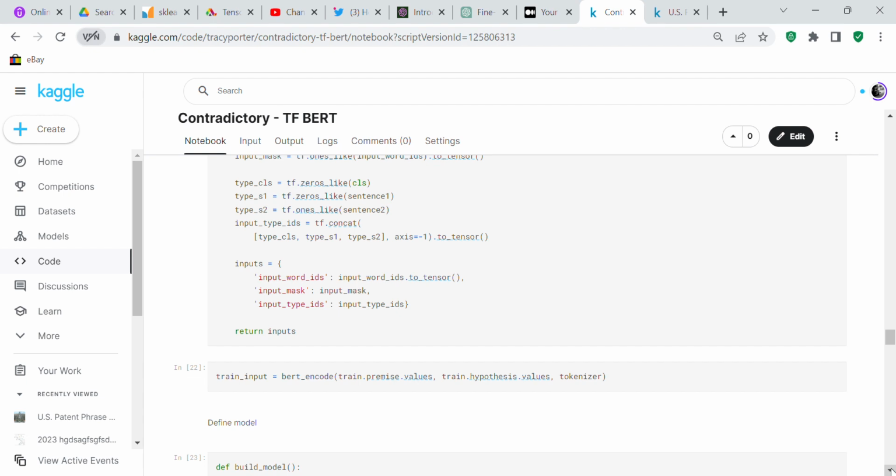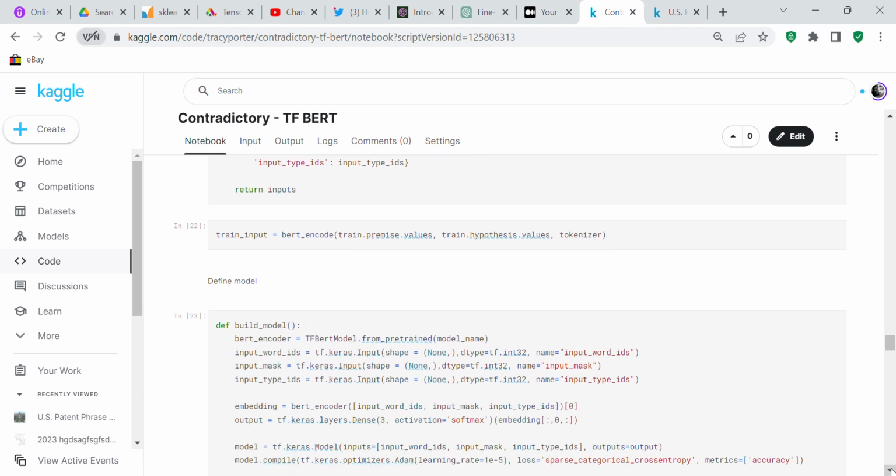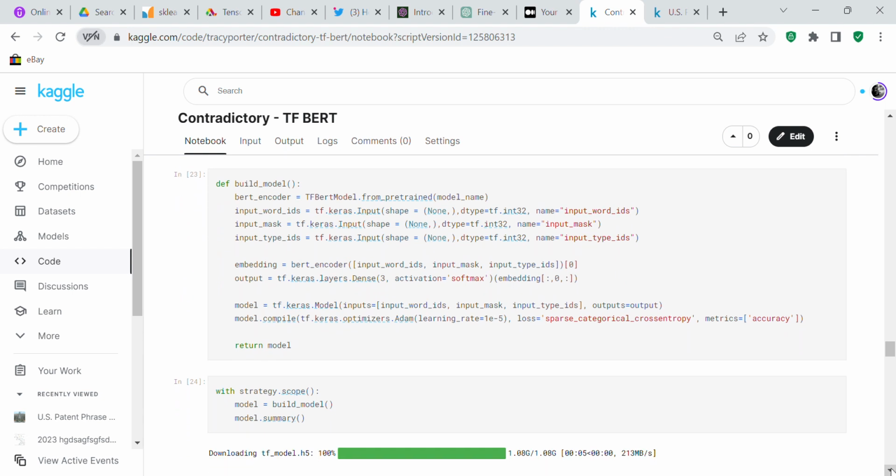So the inputs are in the form of a dictionary. So train_input equals bert_encode(train.premise.values, train.hypothesis.values, tokenizer). Now what we're going to do is define the model, and this is where